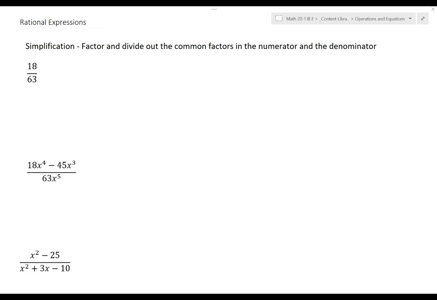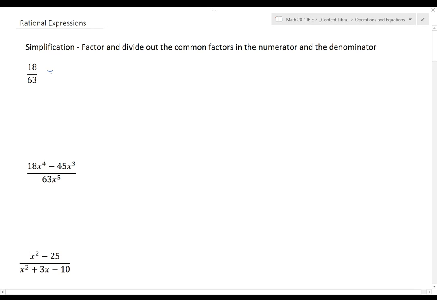We're going to start with just the basic principle that how we work with rational expressions is the same rules for how we work with fractions. So when we're simplifying, the idea with fractions is that we factor the numerator and the denominator, whether we do that explicitly or we're just doing it in our heads, and we're dividing out common factors in the numerator and the denominator. So to illustrate that with an actual numeric fraction like 18 over 63,